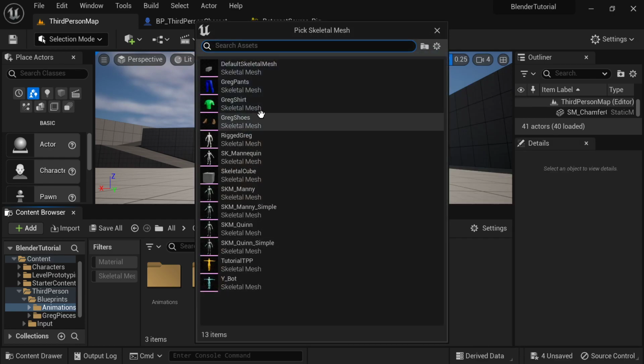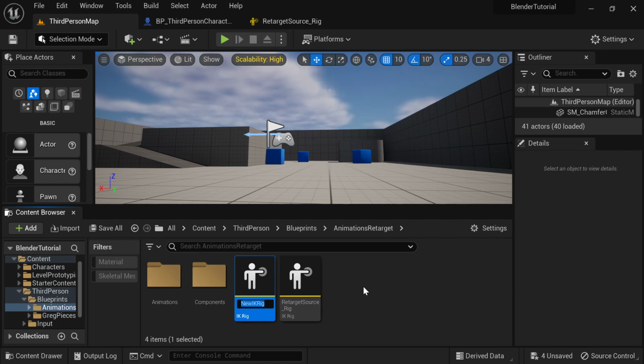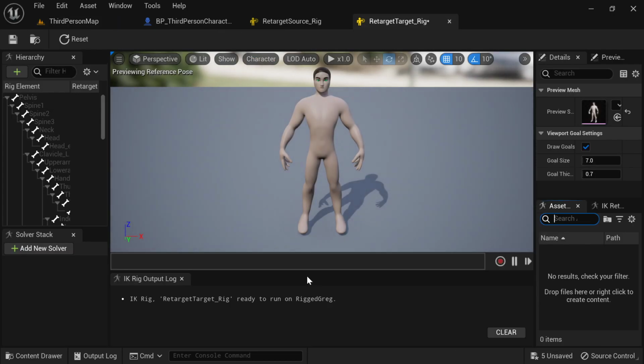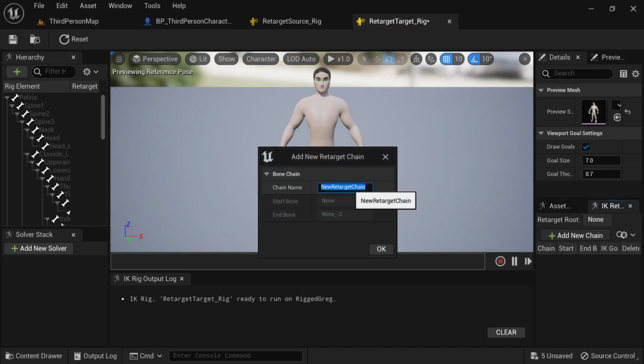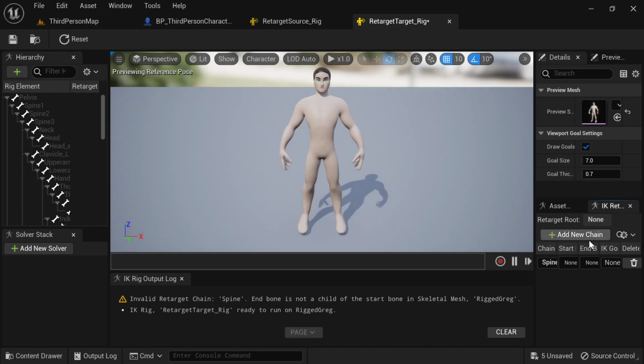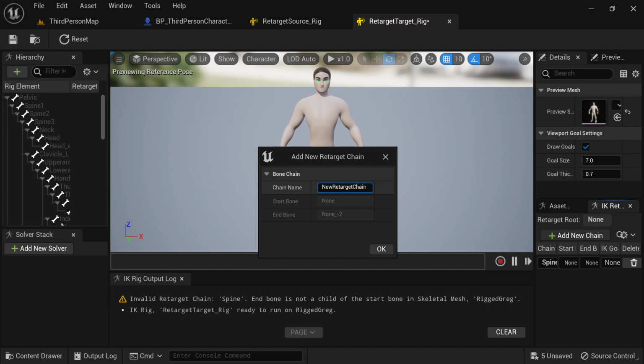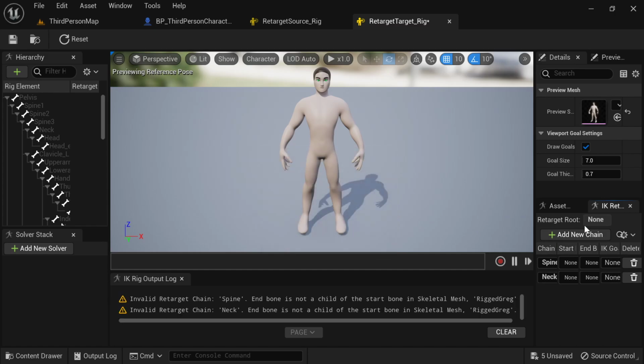Our PreRigGreg. Let's get Greg. And this is our retarget target underscore rig, not Rick. Ah, he's naked. Alright, let's go into the retargeter. And we'll do the same thing. We'll add the chain. So spine, no goal, neck, no goal,